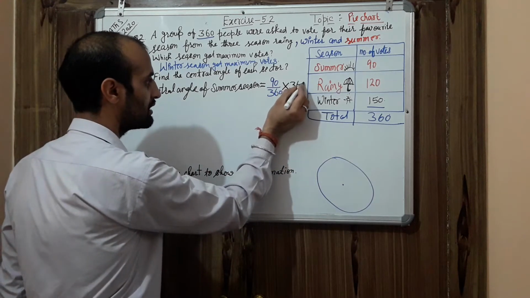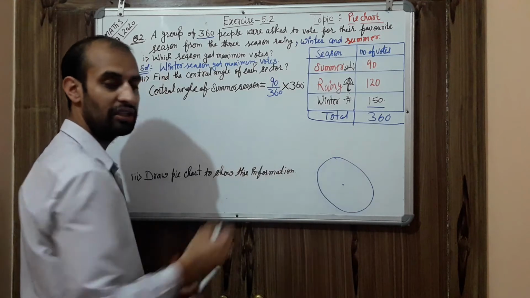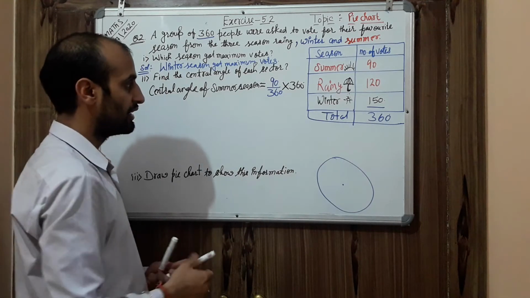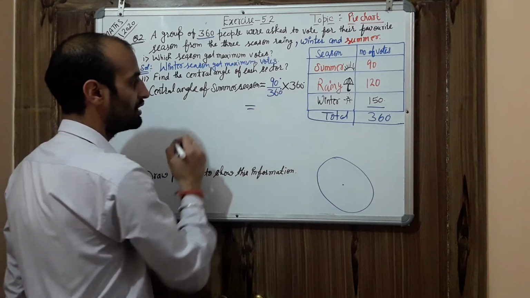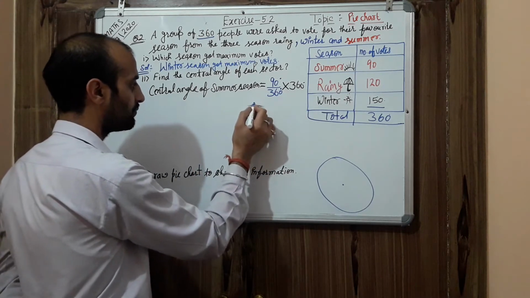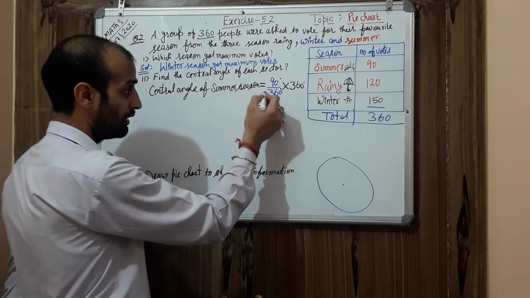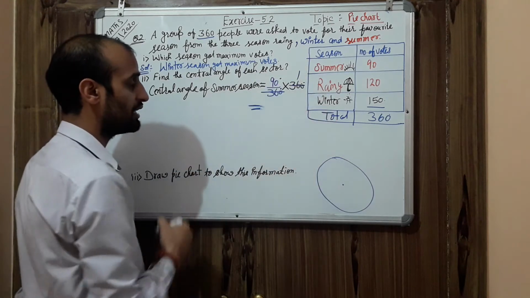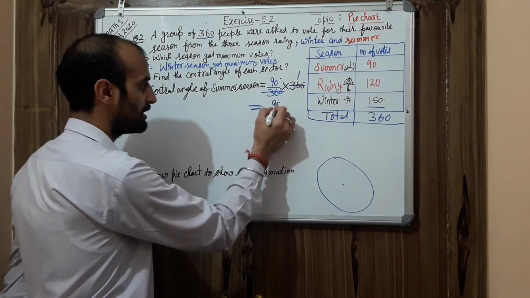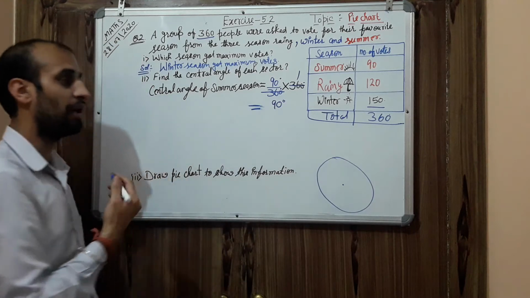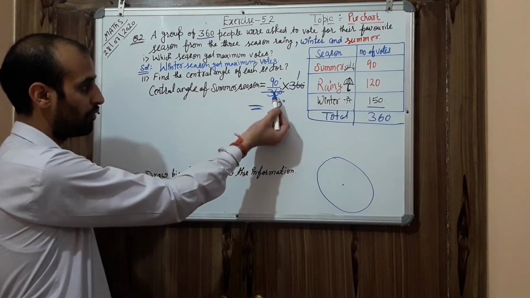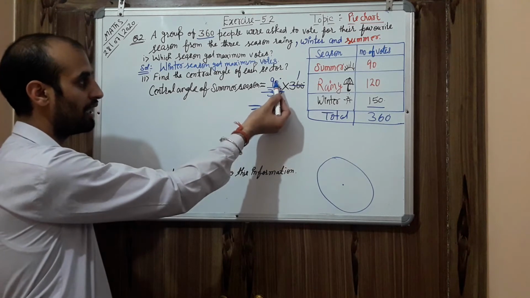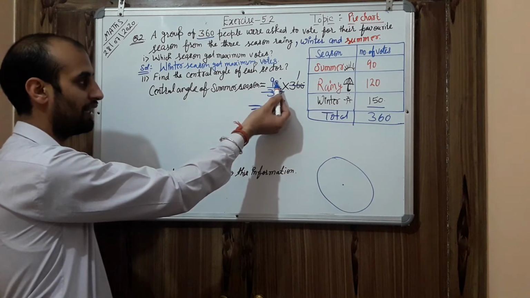This 360 degree is the total angle of the circle. That is the pie chart. So now write degree over every number because we are going to find angle. So let's see what you will get here. 360 you can cancel, 360 1 360. So the answer is 90 degree. If any other question is given to you, similarly you need to find first what is the total, that write in denominator, and for particular summer 90 then write up.